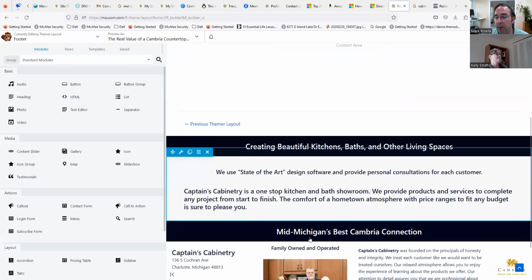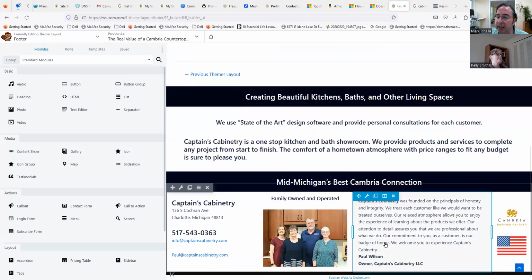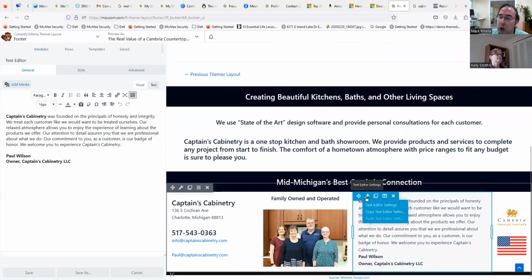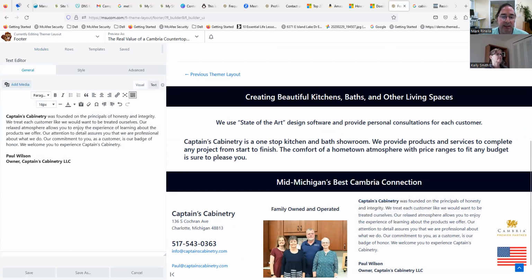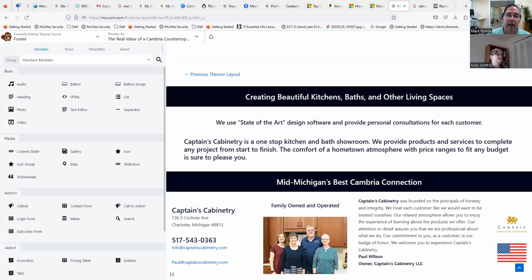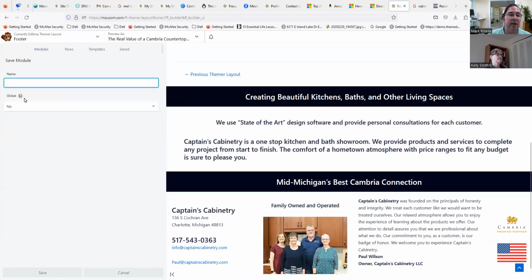But what you can do is number one, you could just delete it and rebuild it, or, again, this is more advanced, but I'm going to show it to you because you asked the question, I would save it as a global. So here it is here. And then what you can do is hit save as, and then it's going to give me a choice to save it as